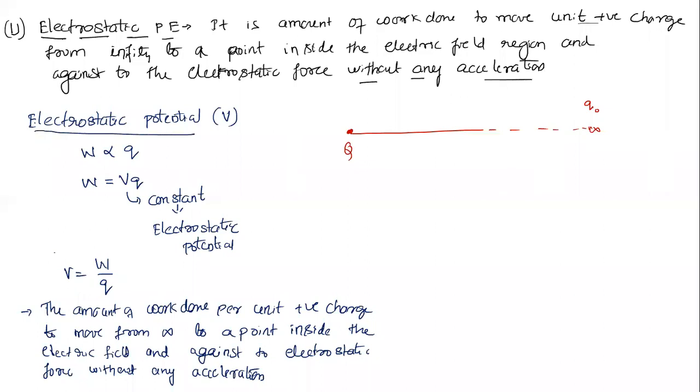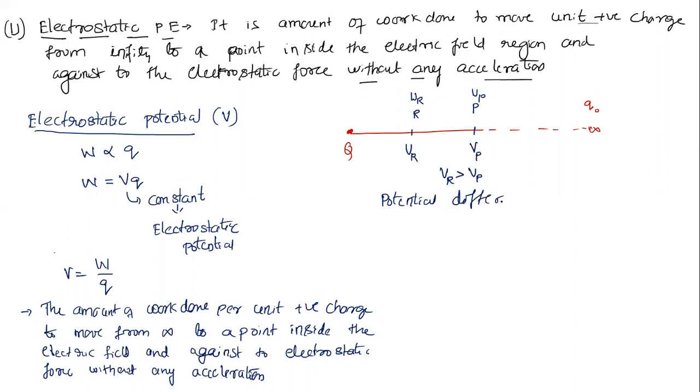Now if I take 2 points, let's say the point here, P, and this point here, R. The potential energy at this point is UP and at this point is UR. Let the potential at this point be Vp and the potential at this point be Vr. Of these two, the potential at R is greater, so Vr will be greater than Vp. So I'm going to take now the potential difference.